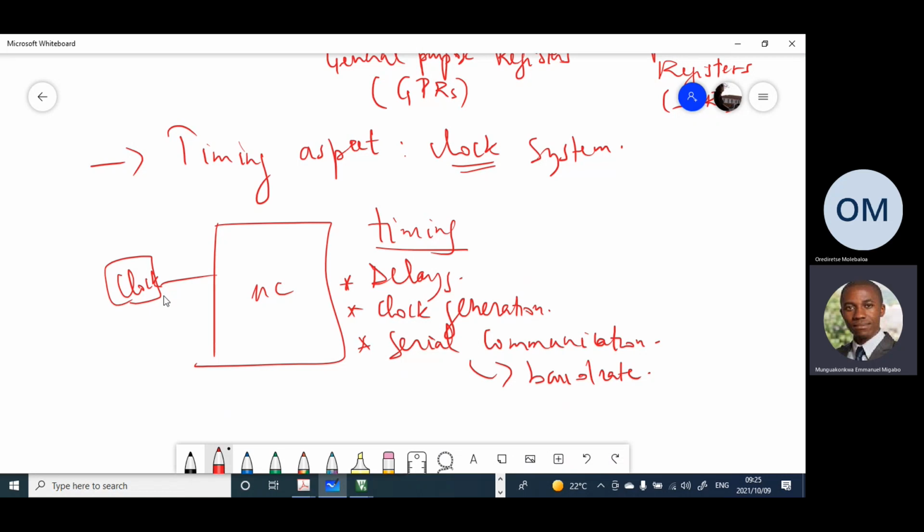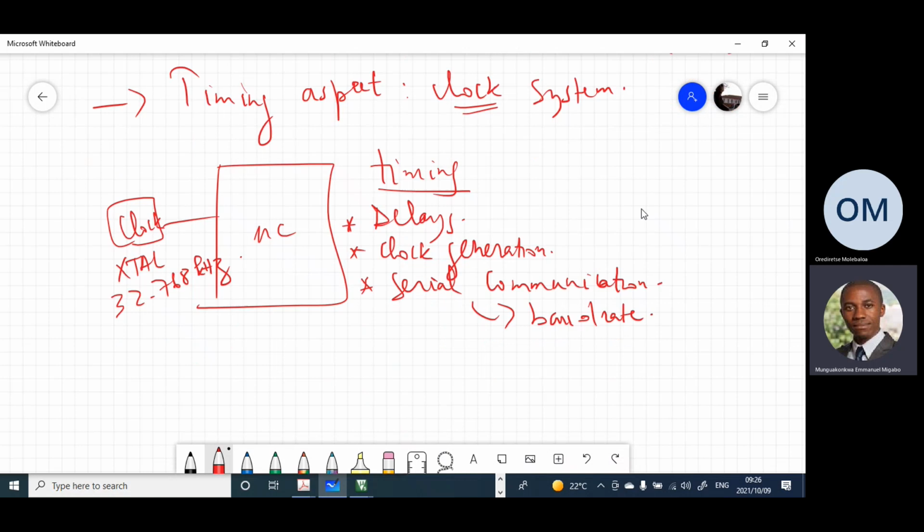And in this case, the reference signal, which is the clock, is the reference digital signal in the microcontroller for timing operations. The clock, in this case, we've chosen to use a crystal clock. For this specific microcontroller it is 32,768 kilohertz. Okay, so that is on one hand the hardware part, which is the clock and the microcontroller device through which the clock is read, of course, and configured. And from the software or firmware development point of view, we've got timing in terms of applications. We've got delays, we've got clock generation, we've got serial communication, etc. So now,